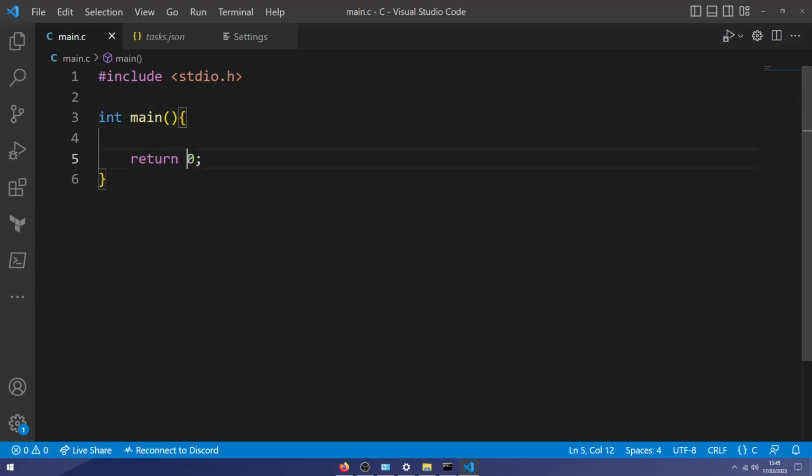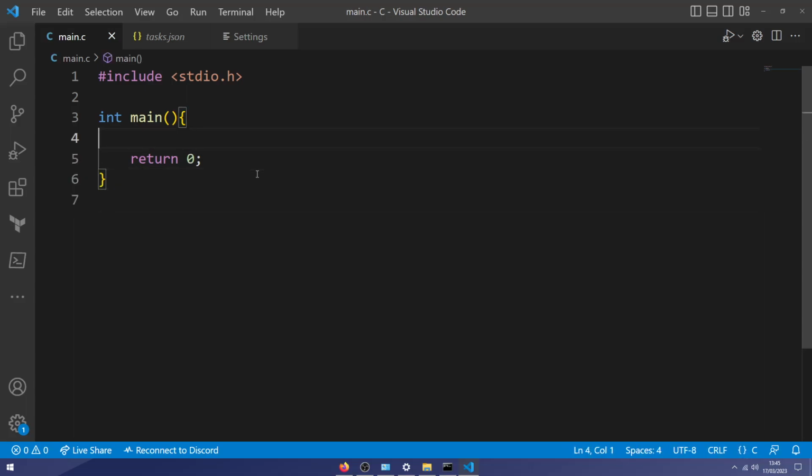And the parentheses and braces and the symbols are going to look a little alien at first, but the more you use them, the more you get used to them, and the more you understand that they are just the grammatical punctuation marks that a computer uses to understand what you're saying. Return 0 means that if our program doesn't have any errors, it will return a 0.